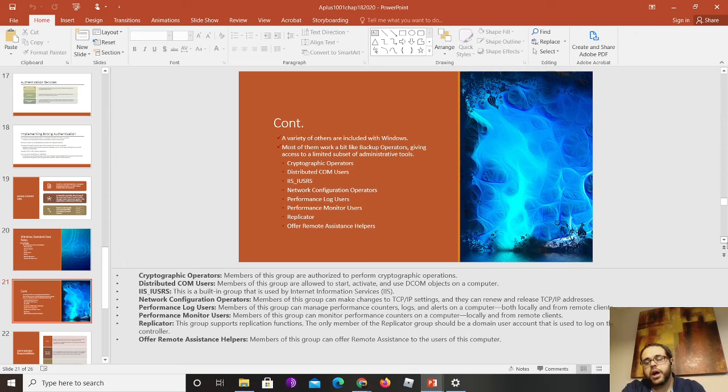Some other groups that are included on Windows are cryptographic operators, which are members of the group authorized to perform cryptographic operations. You have the distributed COM users, which are allowed to start, activate, and use DCOM objects on the computer. You have the IUSRS users, which is a built-in group used for Internet Information Services.